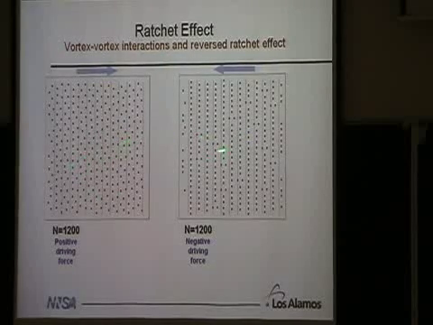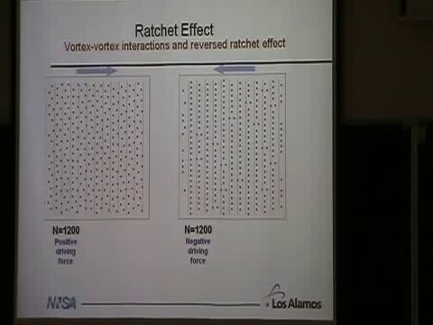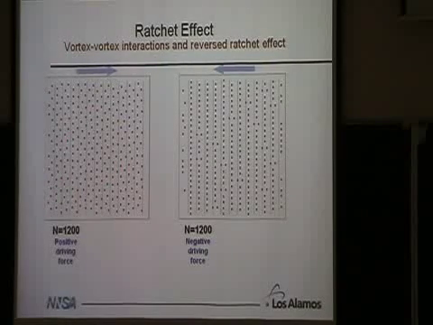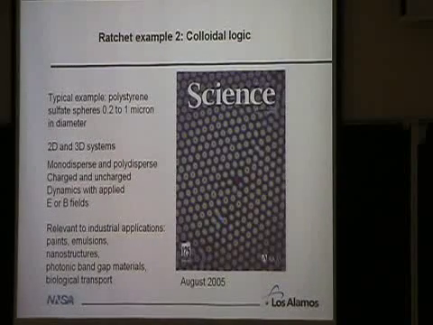So that's how we get the switching from this being the easier direction to this actually being the easier direction at higher density. And what happens at very high density, which we barely got to, is when you get up around 6,000 vortices, you start to get a triangular lattice again, even in this case. It's basically just triangular all the time. It doesn't care about the potential. So then you go back to this being the easy direction again. And presumably, there would be more reversals even higher, but we can't get there with that simulation. Okay, so that was my first question.